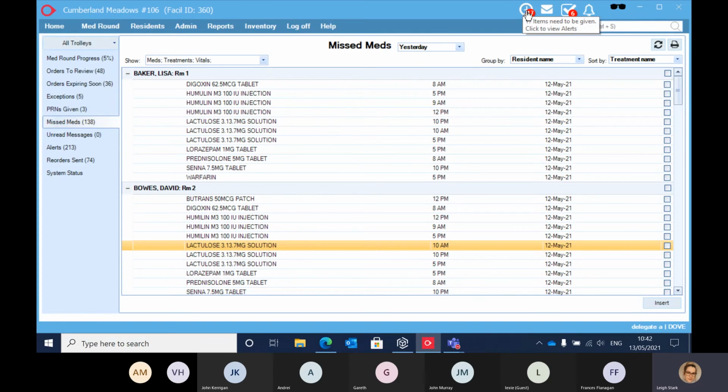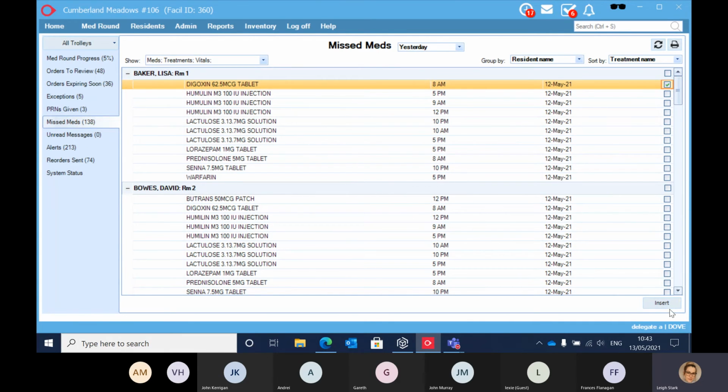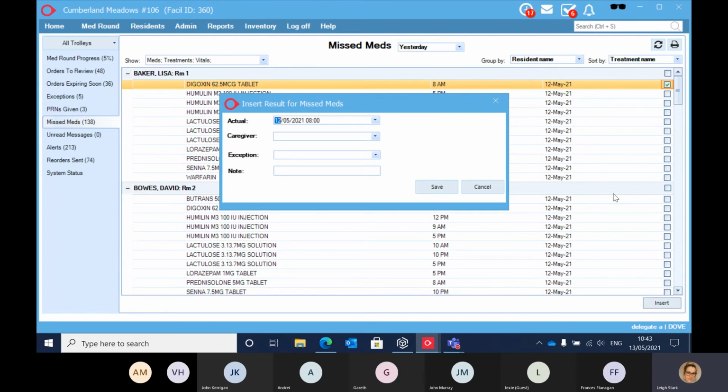If your alerts haven't been dealt with by midnight, so 23:59 is the last point you can do anything with them, then when it clicks into midnight, it becomes a missed medication. You can still action the missed medications from the missed med screen. It depends what permissions you have, whether you see this or not. But let's use Lisa as an example. So her digoxin at the top there. If I come all the way to the right hand side, there is a tick box. If I tick that and come down to the bottom right hand side, there's an insert button. If I click on that insert button,